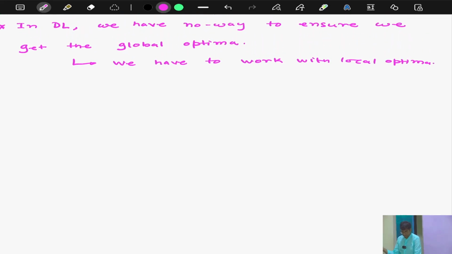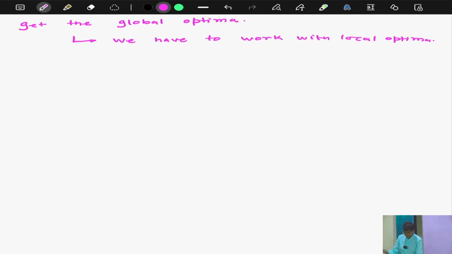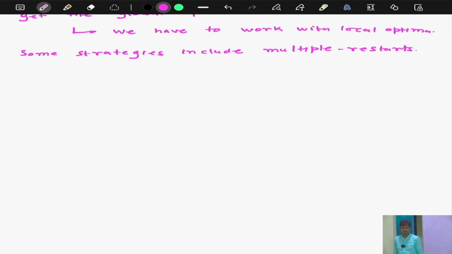Correct? Some strategies include multiple restart, but that does not guarantee global optima again. Multiple restart means you will run the same algorithm starting from different initial guesses of theta. That is what it means. But even then,